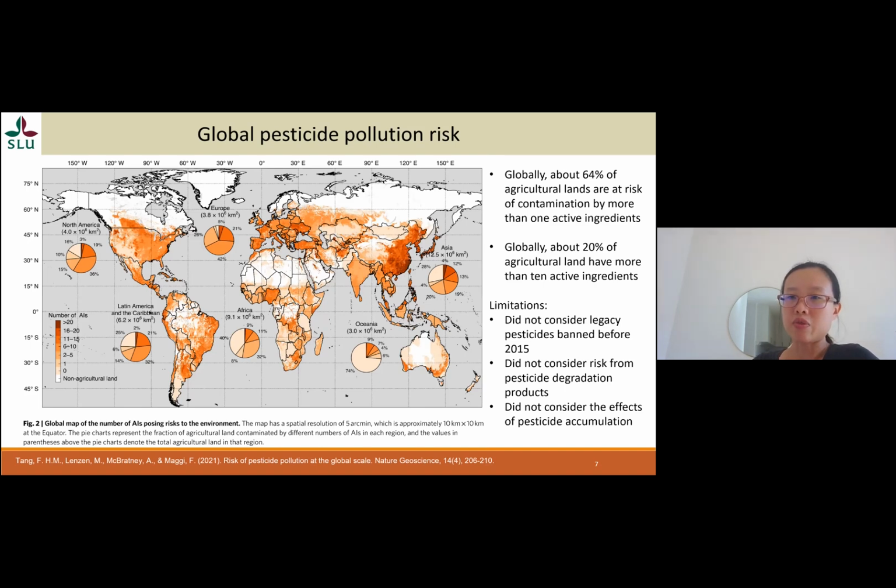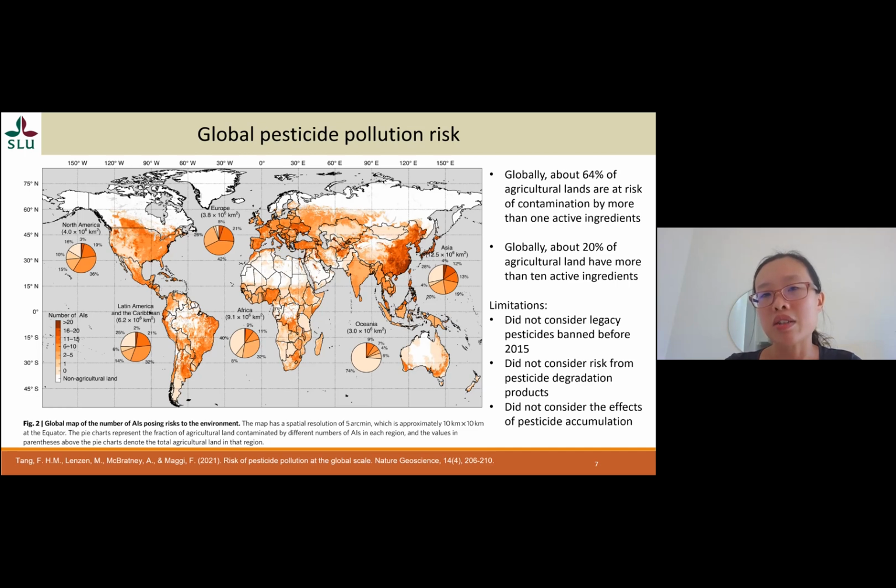And here we've found that about 64% of global agricultural land is at risk of contamination by more than 1 active ingredient, and about 20% is contaminated by more than 10 active ingredients. And if we look at some hotspots in China, we may expect to see more than 15 active ingredients in the mixture. Although in these 2 maps that I showed just now, the risk looks very extensive globally, but